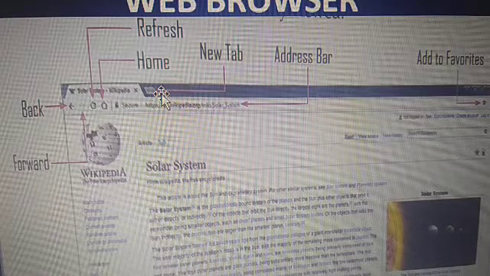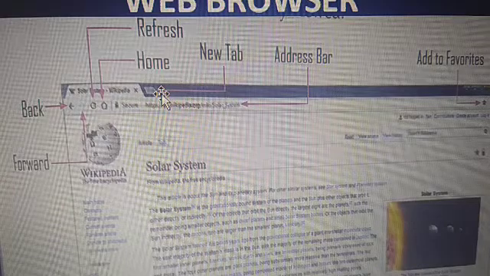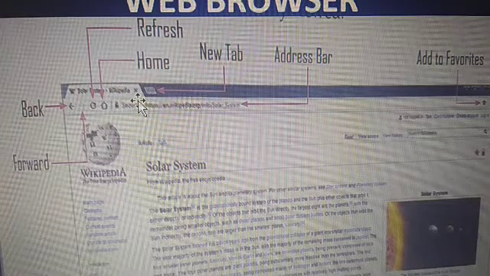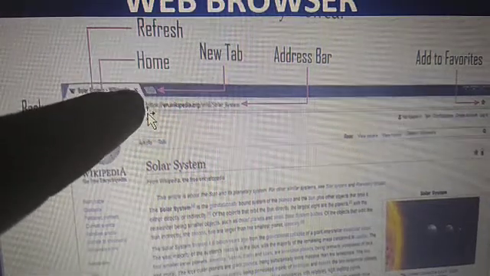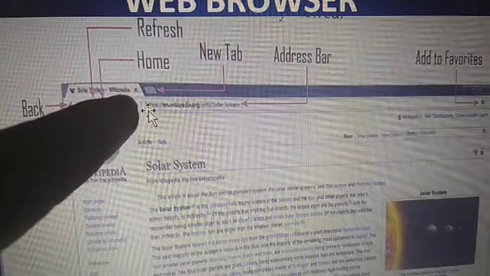Clear? So click on the new tab button to open another website, or you can use the keyboard shortcut Ctrl plus T. And there is a close button to close the current tab. To close the current tab, here this one you can see. Here is the close button of the Wikipedia website.